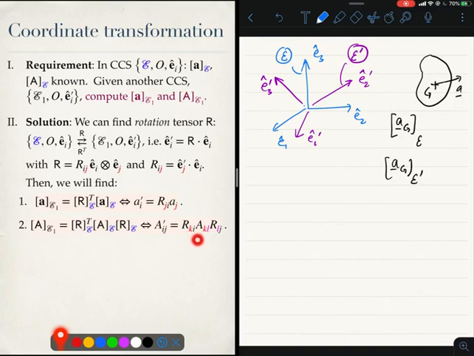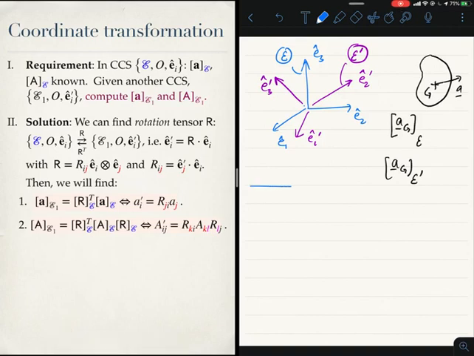You should note how I have colored the dummy indices to indicate that the sequencing is not as natural as it may be in your head. We tend to write R I K A K L. That's not how it's going here. It's R K I A K L R L J. That's because of this transpose. So let's go ahead and try and derive this equation. Actually, the derivation is very straightforward, just a bit of algebra. But let's go ahead and do it.